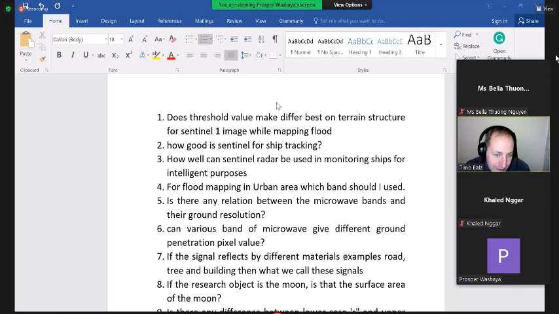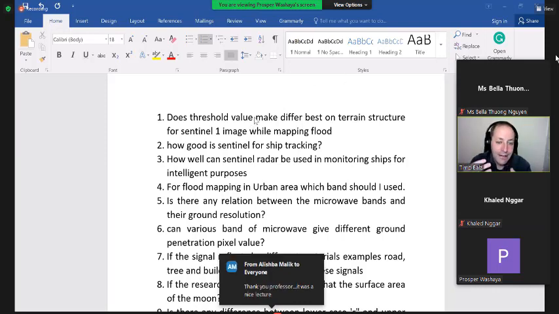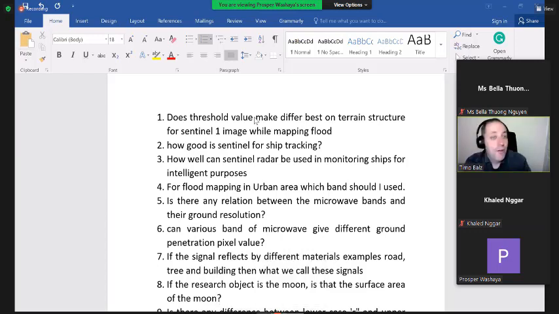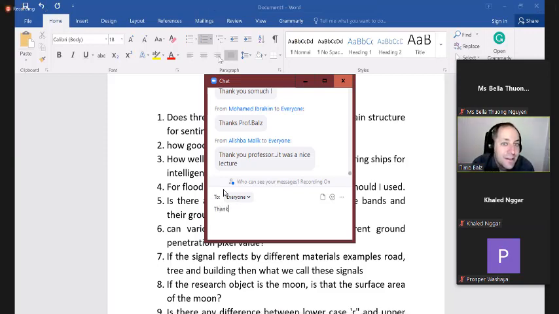Okay. All right. So if I understand the question right, do we need a different threshold for different terrain when we want to do flood mapping? So when you want to separate the water from non-water? And the clear answer is yes, because if there would be one magic threshold, everybody would use that. Okay, but the threshold may be changing,